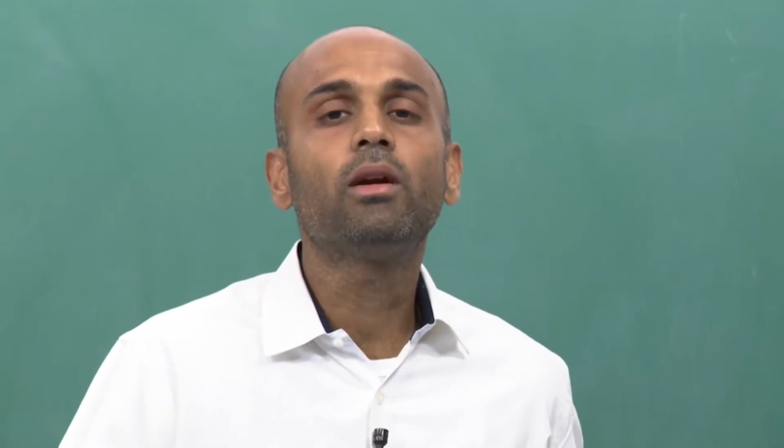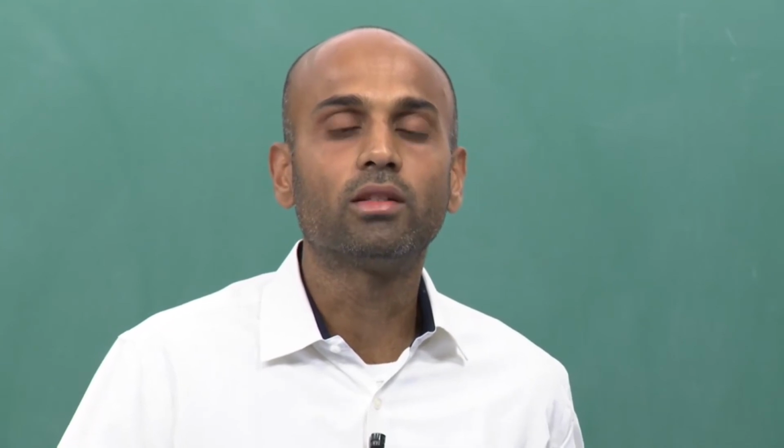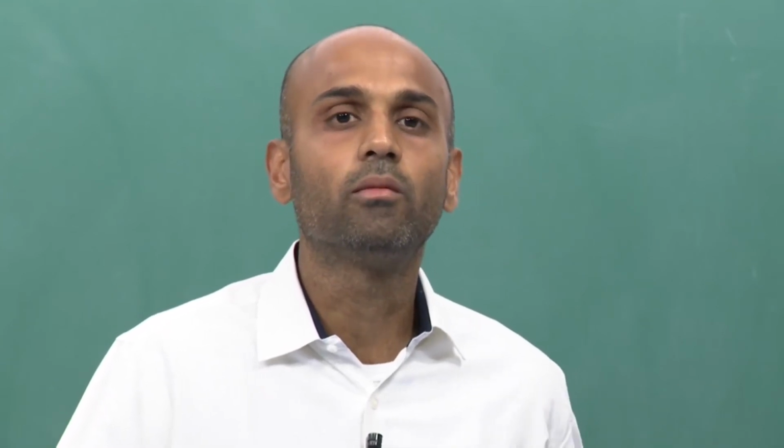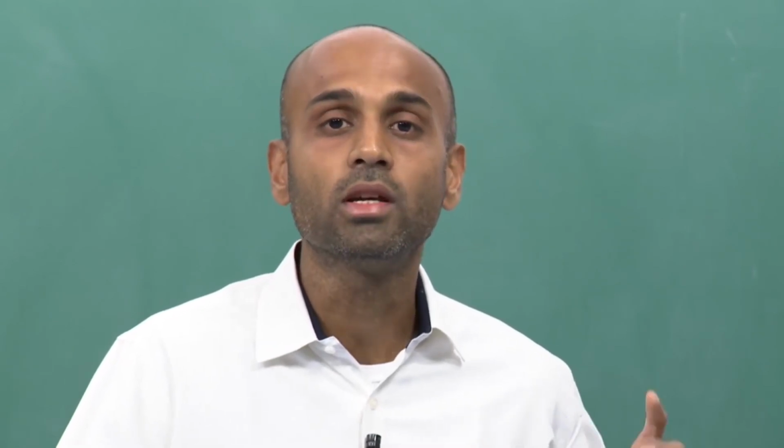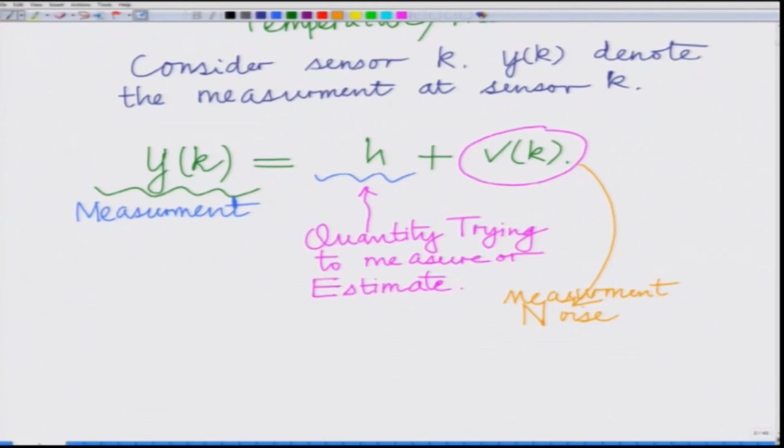So every measurement model has three key components. One is the measurement or the observation, which is denoted by Yk; the parameter h, that we are trying to estimate, which is the aim of this observation process; and the noise Vk, which is trying to corrupt this measurement process. This Yk is also known as a measurement. We will also frequently call this an observation, because that is indeed the observed quantity.